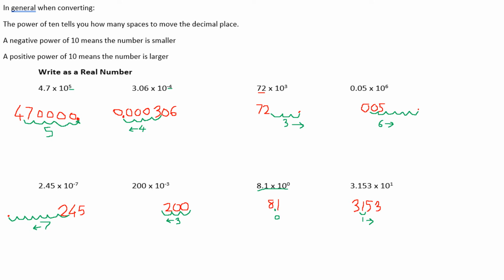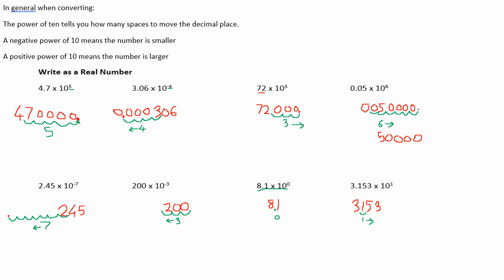For the first two, that'll give us 470,000 and 0.000306. Do notice for the minus 4, we always have 4 zeros left in our final answer. For the next two, that'll give us 72,000, and just note that the decimal place did start after the 2, so we're not getting 7,200 here, and it'll give us 0050. I mean, we want to simplify this a little bit to 50,000, but yeah, 6 places to the right,